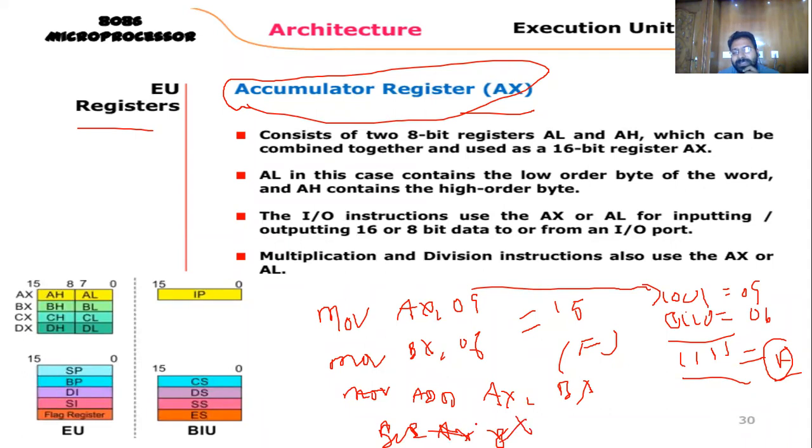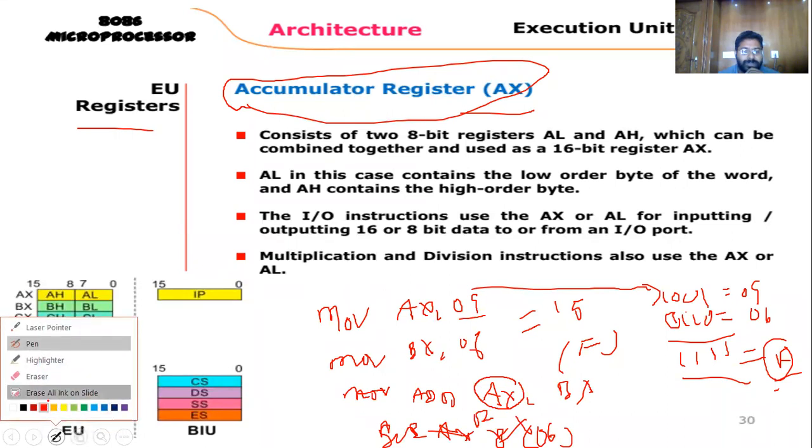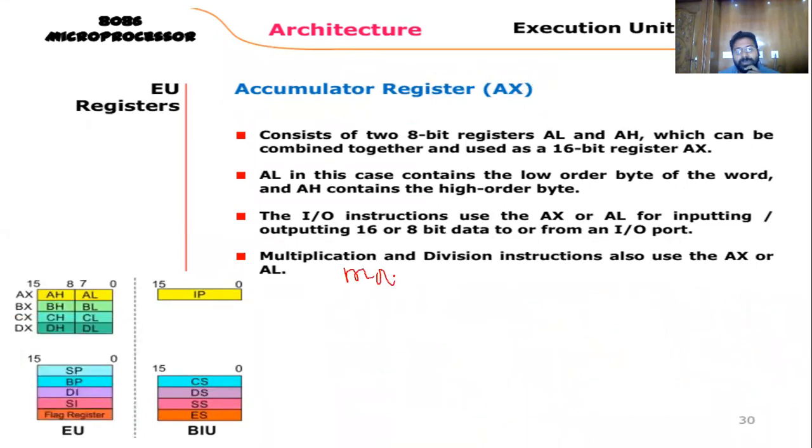Then which information is available here? The information available is 9 or F. Yes, that is available as F, and BX is 6. Remember, the result is stored at AX only. Once again, see this, you cannot confuse that one. Move AX comma 05, for suppose. Move BX comma 02.